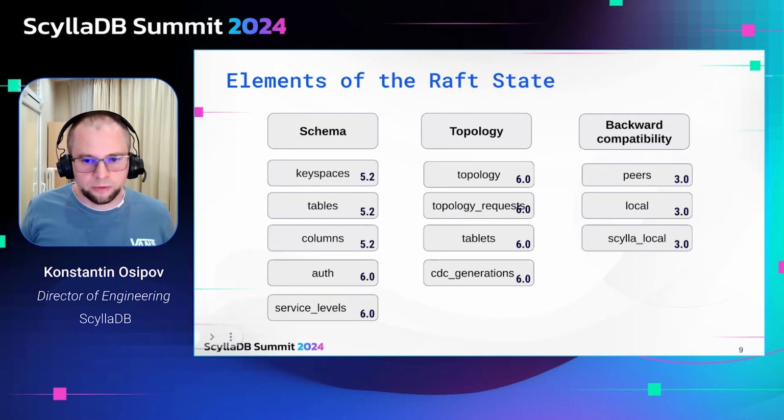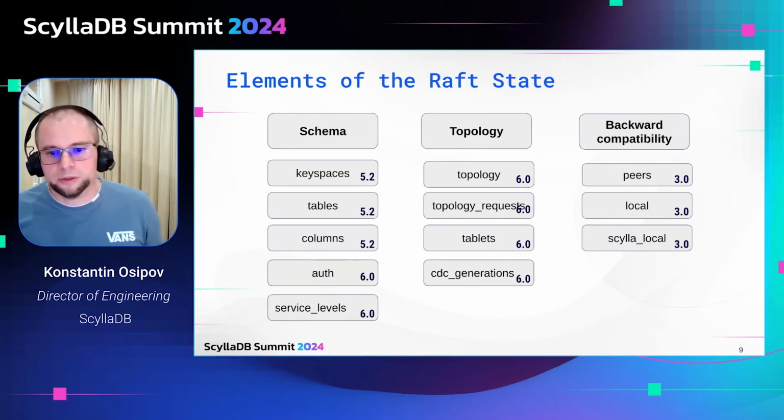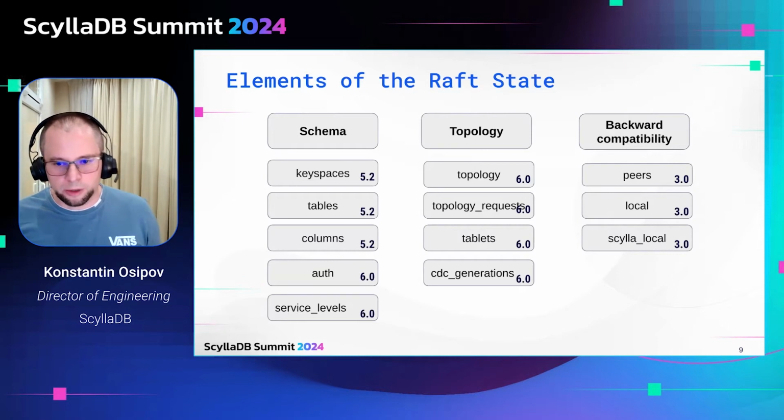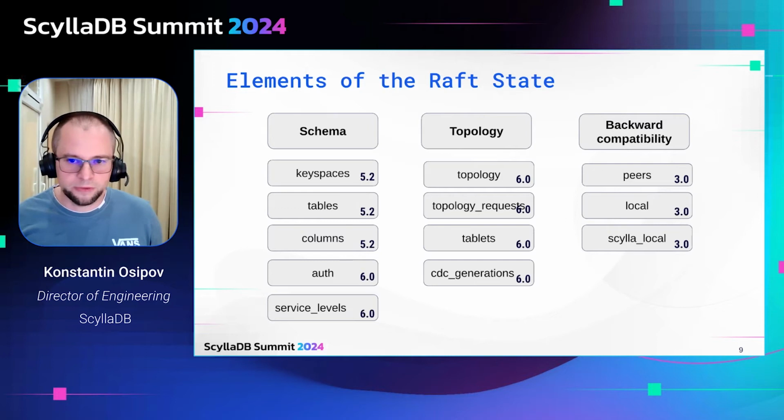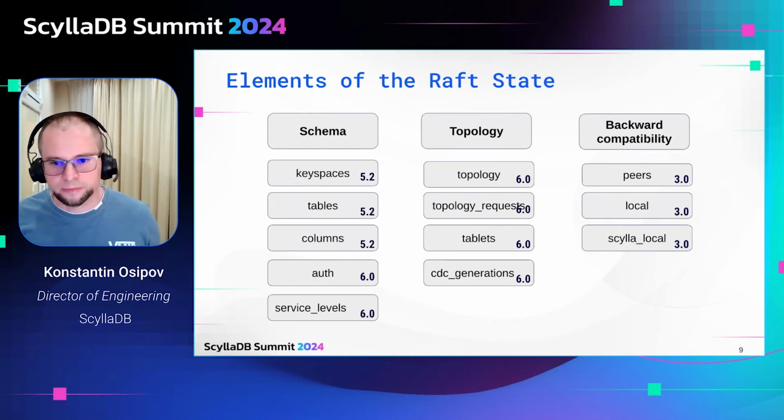Besides expanding the schema information, and I'm going to talk about this in more detail later, we moved topology over to Raft. And you probably know that the whole tablets project and the tablets coordinator, tablets load balancer are also built using the centralized topology coordinator. So if you haven't listened to Avi's talk, I recommend watching the recording, where he speaks about that. We also preserved backward compatibility with old Scyllas so that the old drivers, the old clients can get the information when they expect to get it.